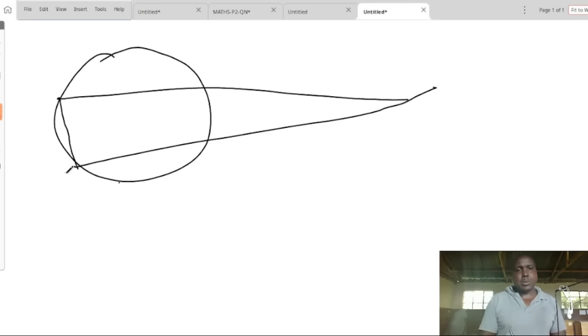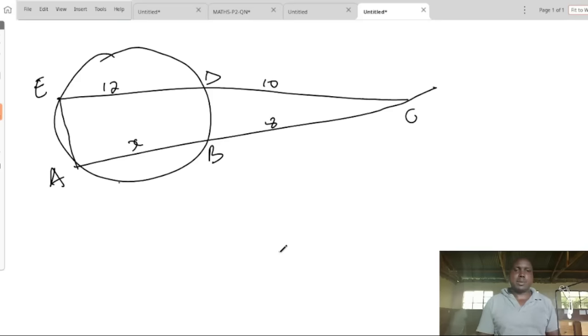So in this case, we have A, B, C, D, E. We could be having here X, here 8, here 10, and here 12 centimeters. So in this case, you need to know that AC